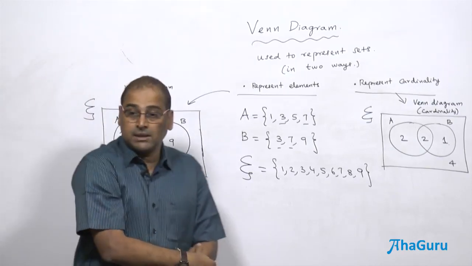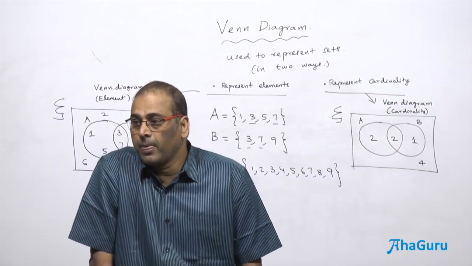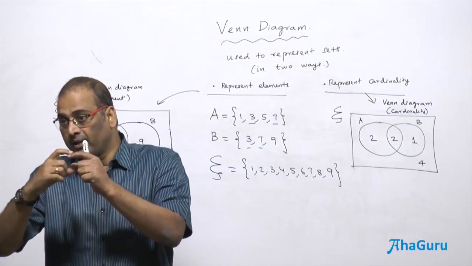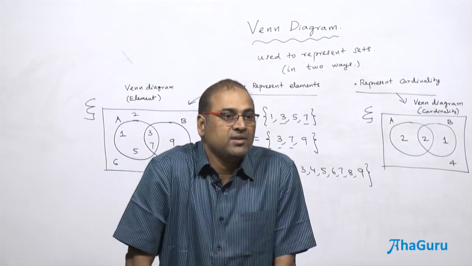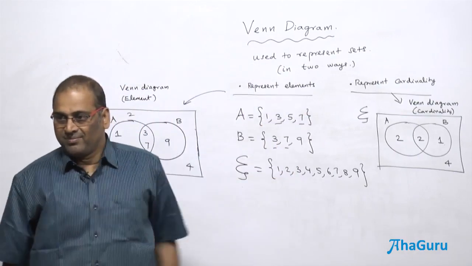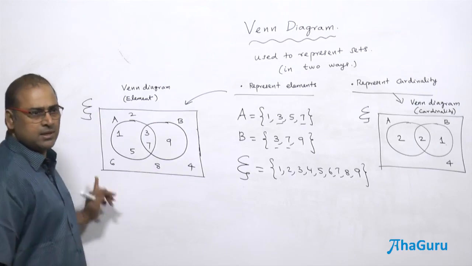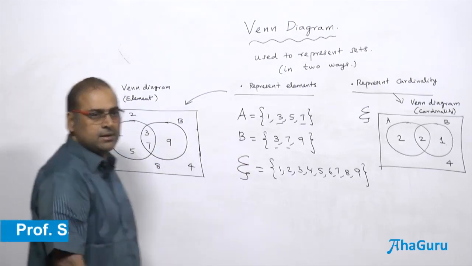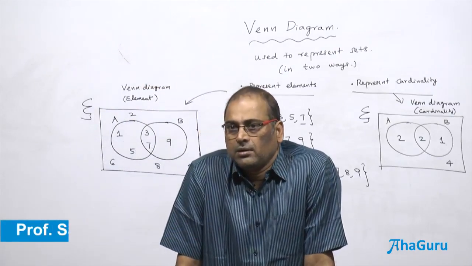If you have three sets within the universal set, then your diagram should show A and B overlapping, A and C overlapping, B and C overlapping, and all of A, B, C overlapping, because there is a possibility. And there should be something outside A, B, C and within the universal set. So the usual convention is to use rectangles and circles, a rectangle for the universal set. All of you understood?